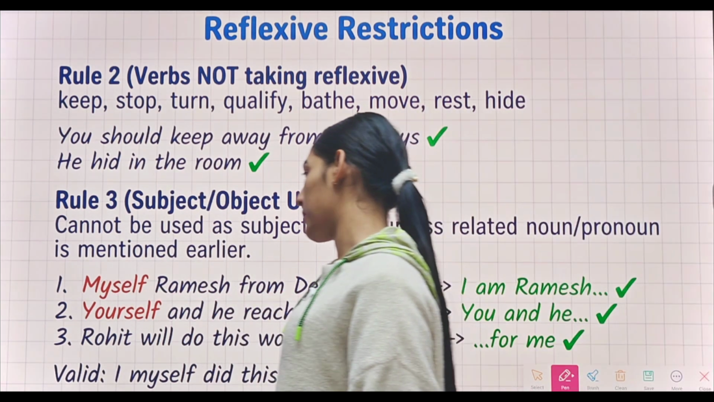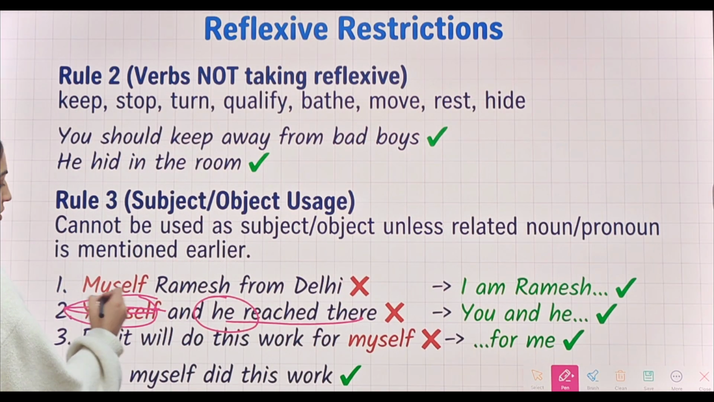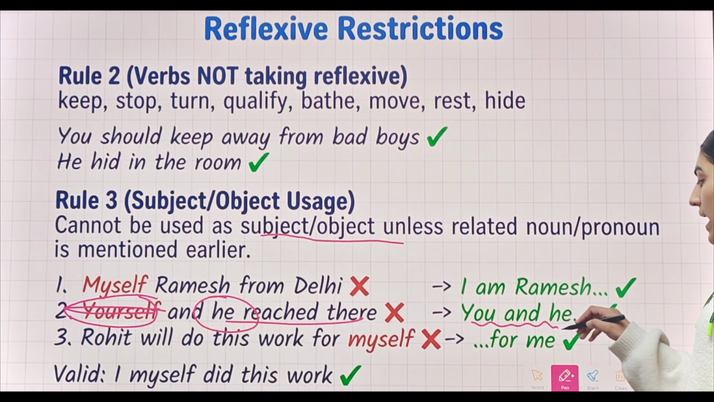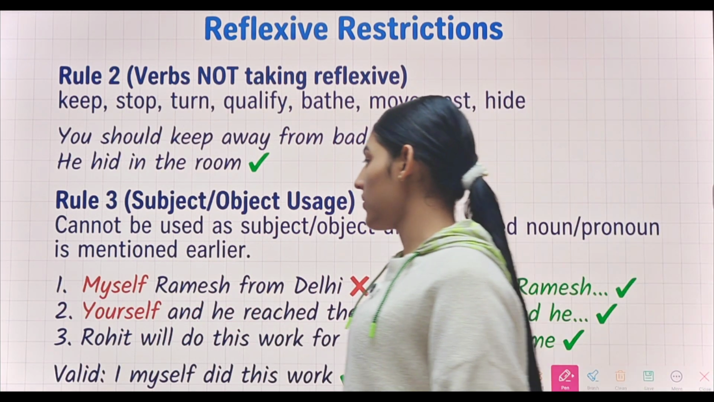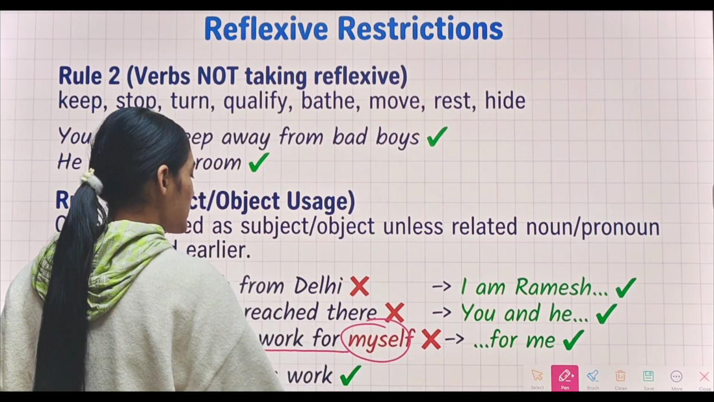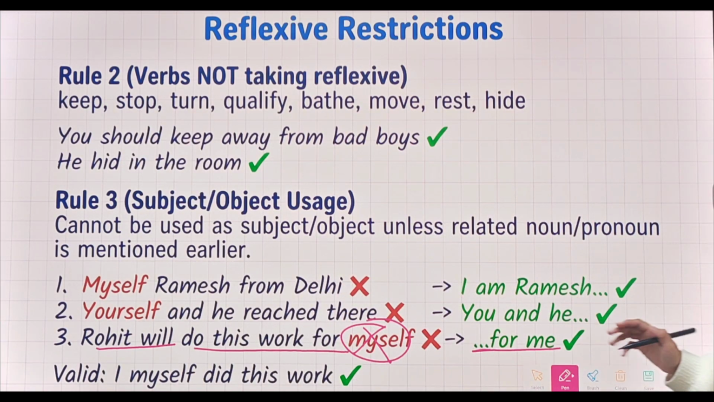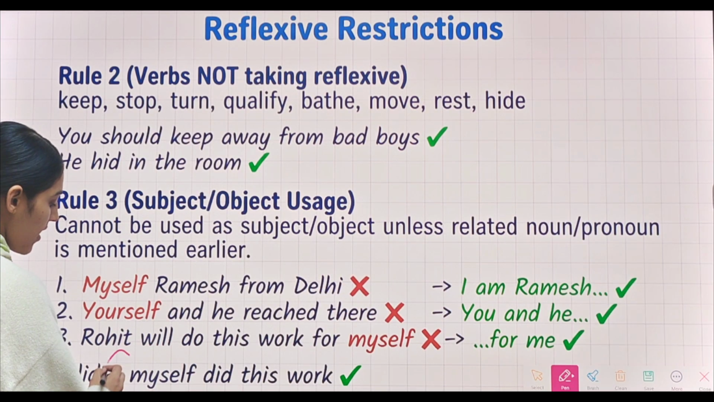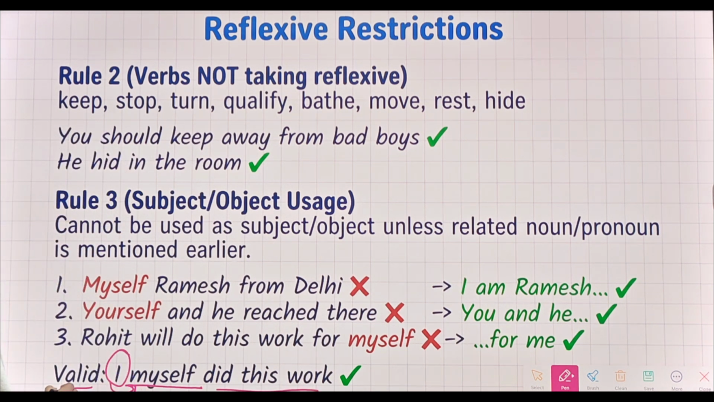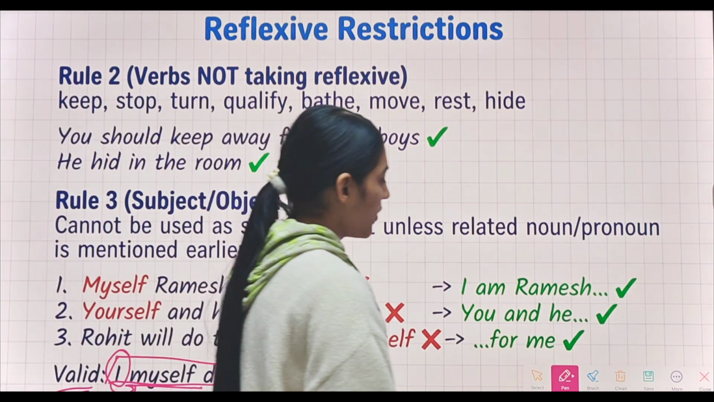Then we have the second example, yourself and he reached there. Instead of using yourself as subject, we will say you and he reached there. Then we have Rohit will do this work for myself. Myself cannot be used. Instead of that, we will say for me. Rohit will do this work for me. Then we can see, I myself did this work. So here, along with I, we can use myself. This is quite important. You can notice over here. I myself did this work. Now moving on, we have